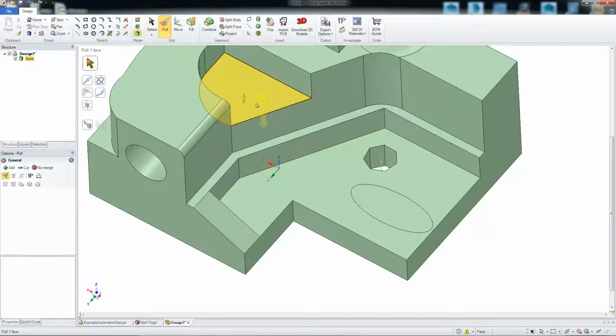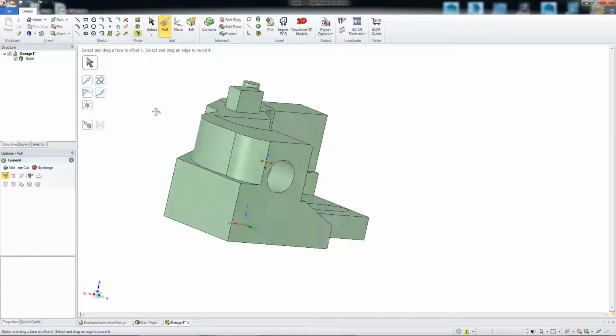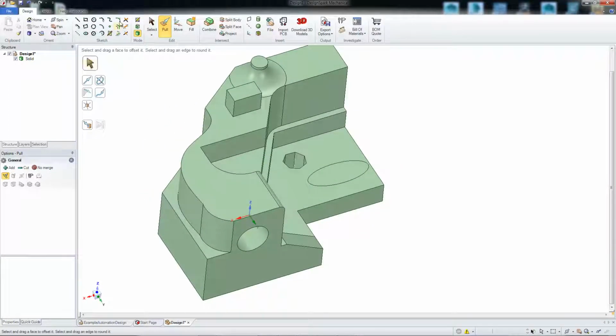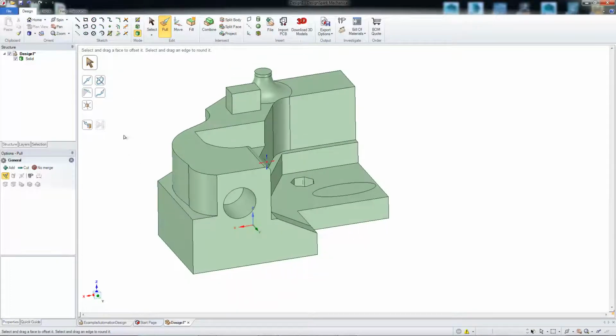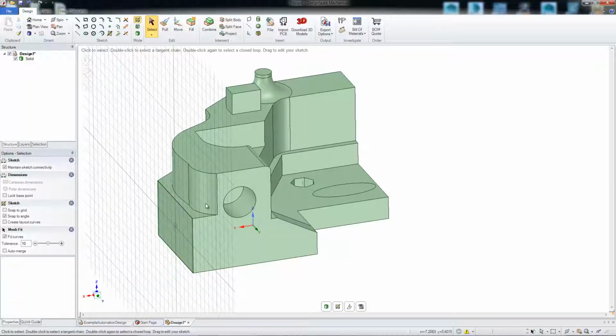Let's see here. I think that pretty much covers it for the... Actually, you know what? Let me show you one more feature right here, since it's in the sketch. So I'm going to click on this face here. I'm going to click on the sketch mode, and